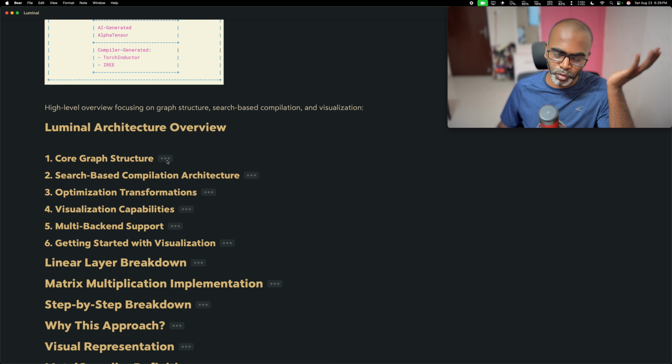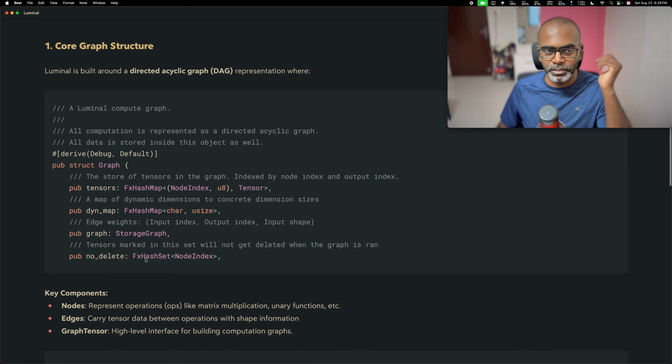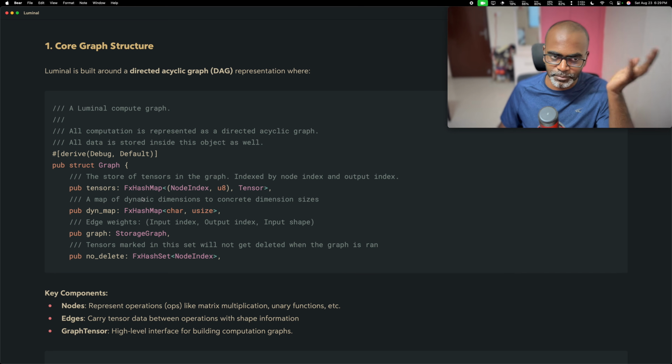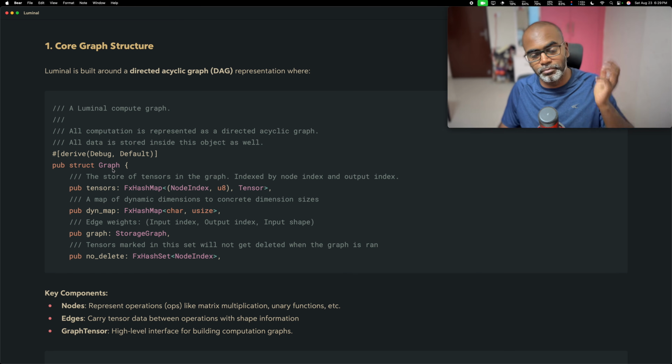The first thing you should know by now is, if we're going to be talking about deep learning compilers, you are going to be talking about modeling or providing some sort of data structure that models the compute graph, right? And they have one, which is called the graph. Although I think they should have called it the compute graph. But anyway,